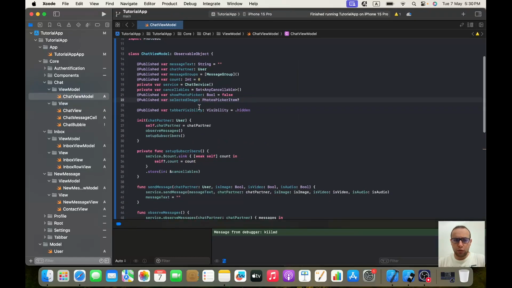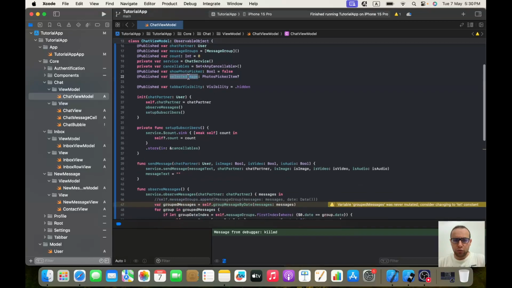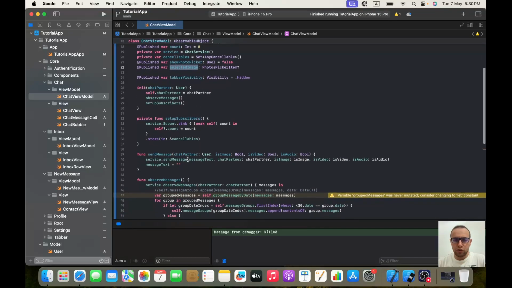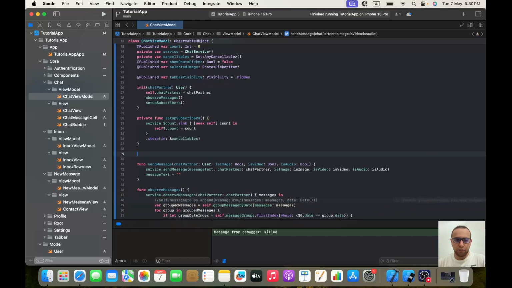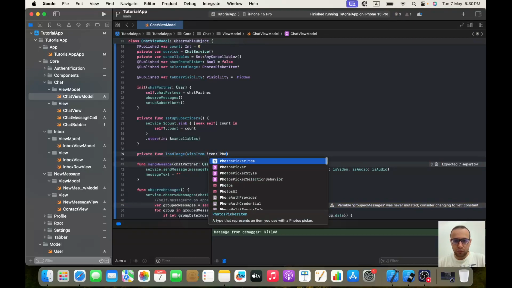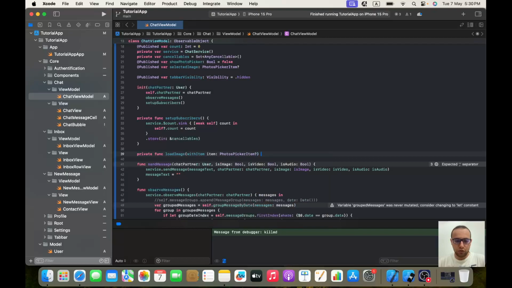Okay, now when my selected image has a new item, I want to be able to load the image. So here we will add a private func loadImage. It will take as an argument a PhotosPickerItem, so it will be with item, and it will be of type PhotosPickerItem, and it will be optional. It will be async throws,